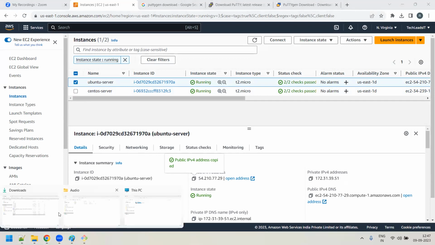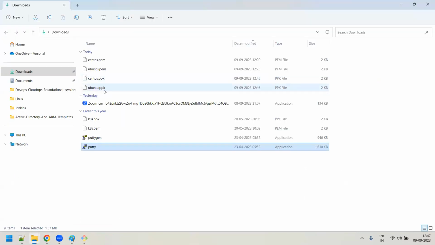No, you have to give the ppk file, sir. No need to give .ppk, it converts by name only. Automatically it creates a .ppk file. No need to give any extension. Okay, let us check, try once again.